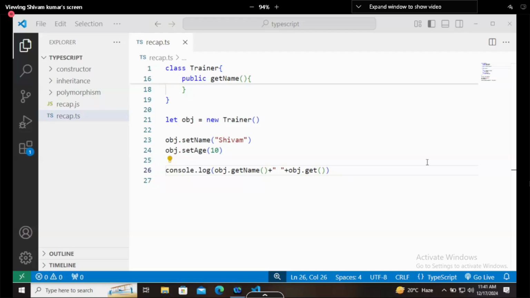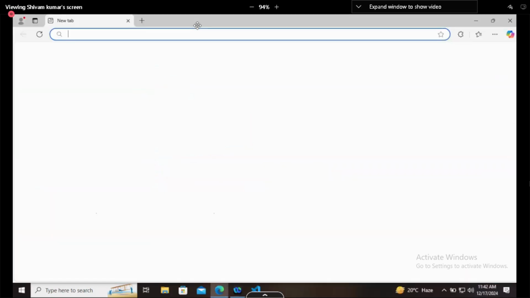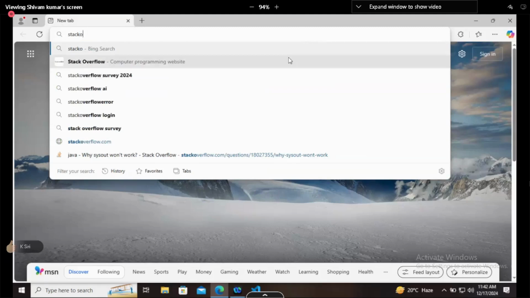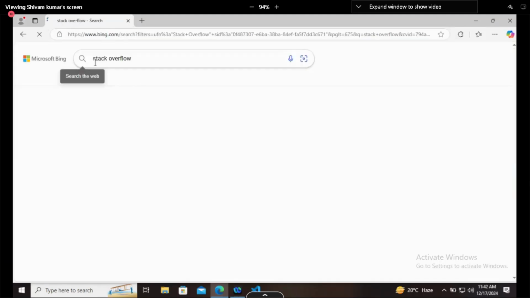How many of you know about Stack Overflow? Okay, some online people know about it. Stack Overflow, you know? No. Stack Overflow is a website that is generally developed for developers. There you can find your errors. I will show you that website. So technically, the experienced people write their solutions there. Stack Overflow, this website.